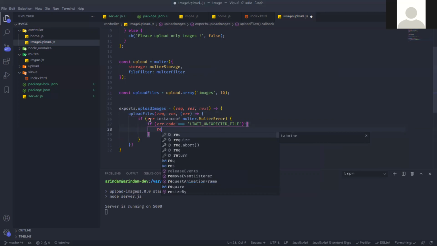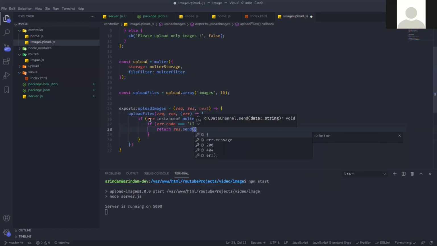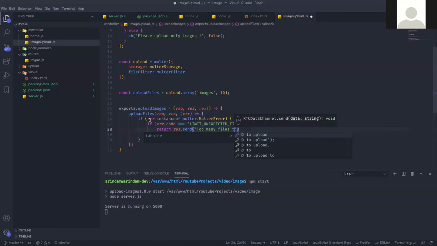So you need to return res.send with a message: too many files to upload.